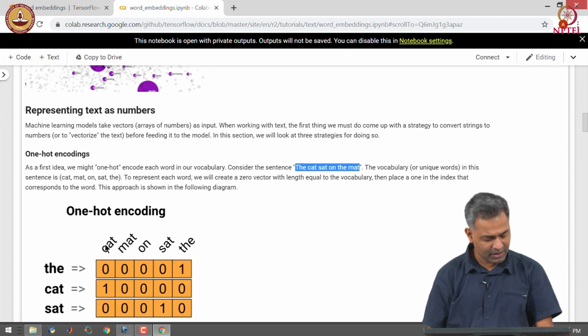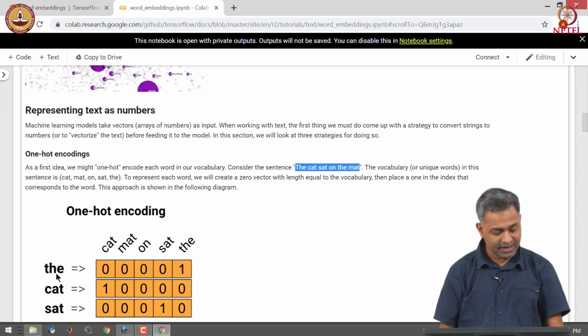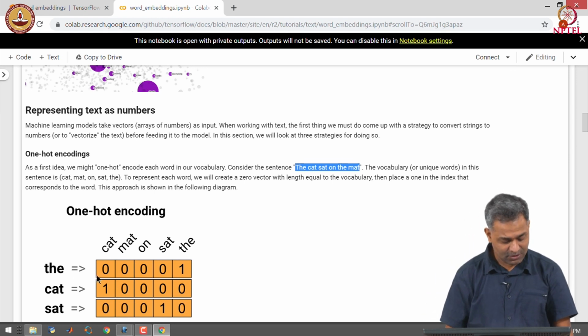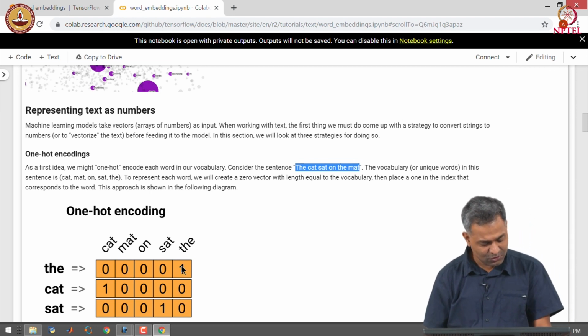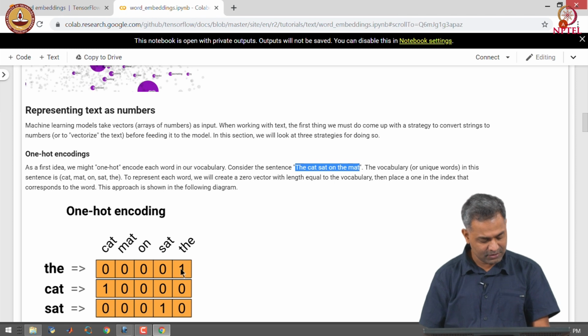Here in our vocabulary there are 5 words. So, we create 0 vectors for each of the tokens and then we place 1 in the index that corresponds to the word. For example, for the we have a 0 vector, and then we convert the 0 corresponding to the word the and replace that with 1.